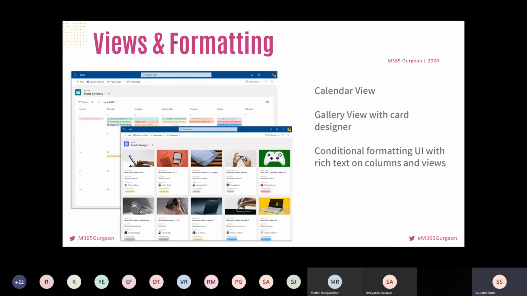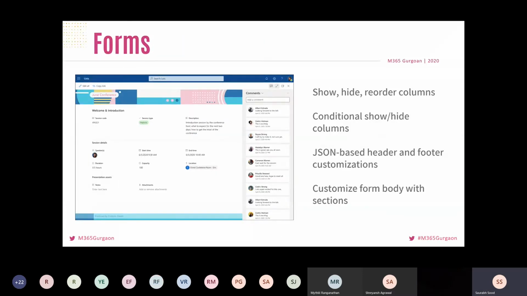Shreyansh covered a lot of detail about the out-of-box views that are available, starting with calendar view and gallery view, and some of the rich customizations that can be done on top of these views. Forms is about making sure that when we are adding data to this list, it also brings some level of customization and experience element.